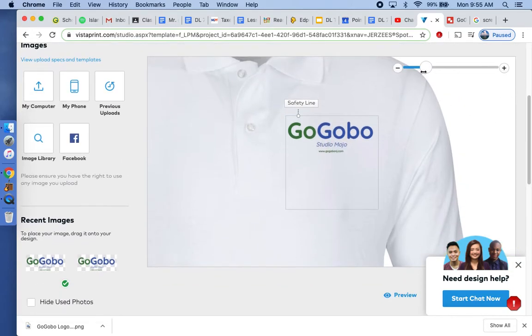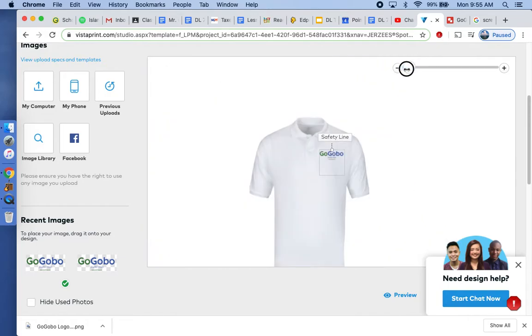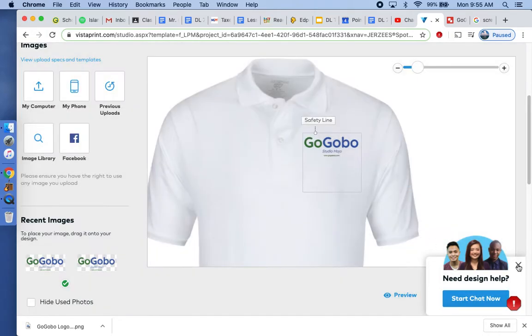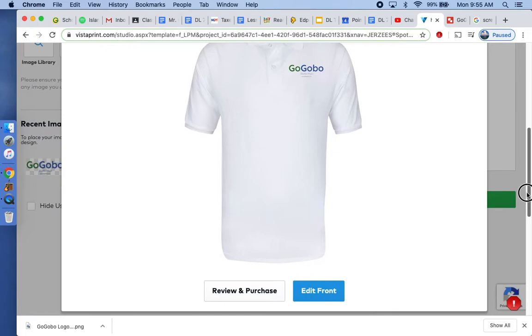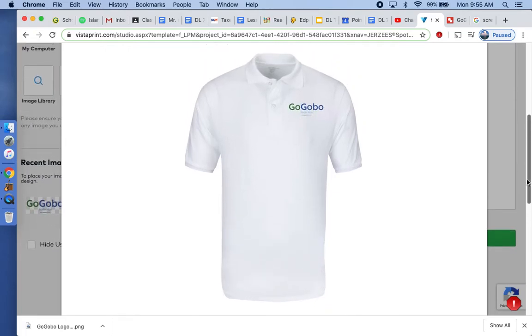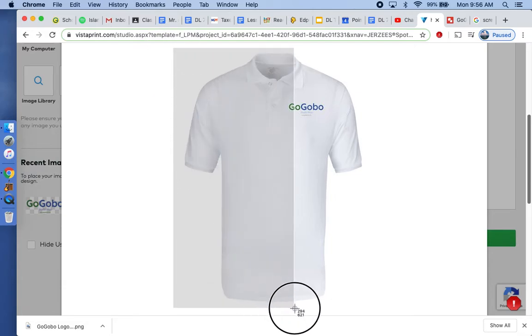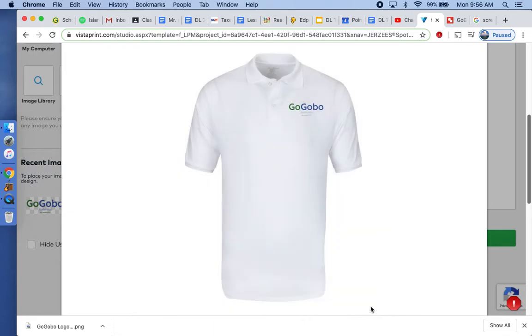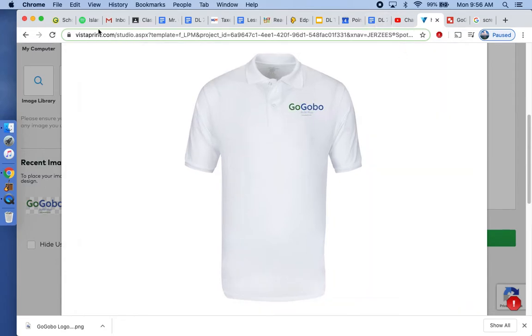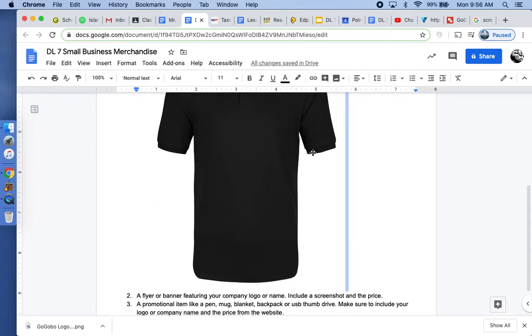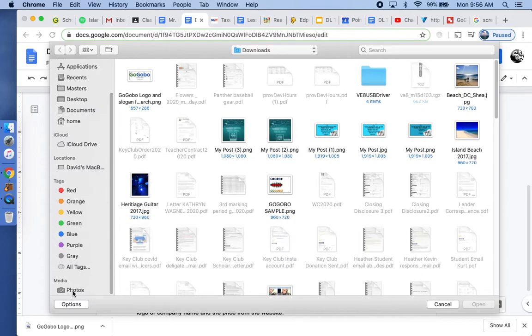Okay? That's really it. I can zoom out and see the shirt. Okay, looks alright. Not great, but pretty cool. The last step is simply to click Preview. And from here you can take a screenshot, and that's different on all of our computers. But what I'll do is just center it, and then I'll take a screenshot, and you'll have to just Google how to take a screenshot. I'm using a Mac at home, so it's different than it would be on a Chromebook or any other different computer, but you'll find it. It's really easy. So I did that. Here's my shirt, and I'm just going to save it to my photos on my computer. And then from there you can just go to your Google Doc and you can insert it like I did with this one. And to insert an image, you'll just go Insert Image, Upload, and go ahead and grab your